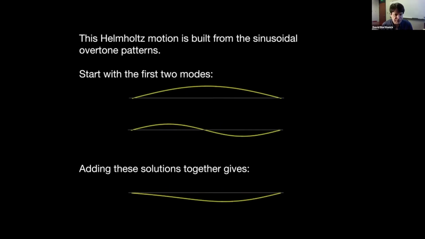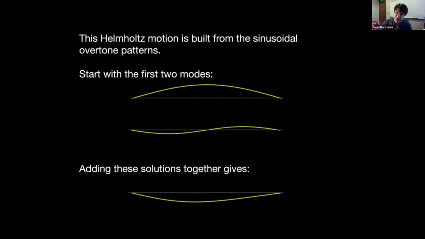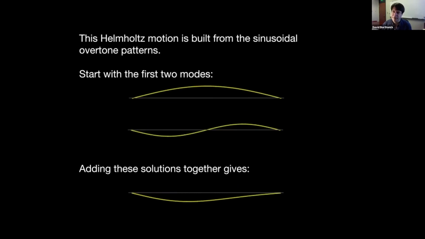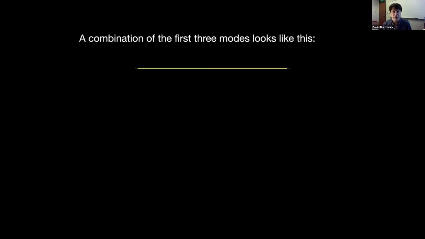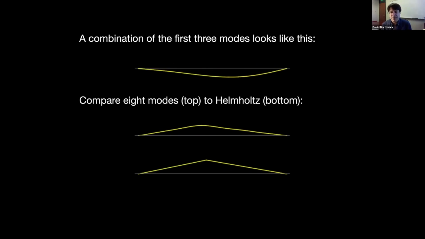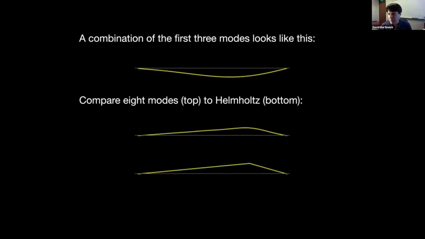And if these two motions happen simultaneously, it looks like this, which even after two of them already starts to show this kind of oval motion that you see in the Helmholtz picture. And as I increase by adding additional modes, it gets closer and closer to that Helmholtz picture. So that's 3 modes. If I go to 8 modes, you can see it's very closely correlated to the Helmholtz